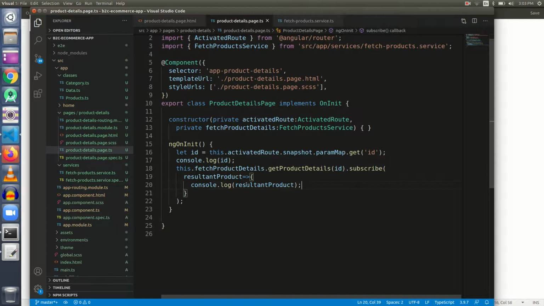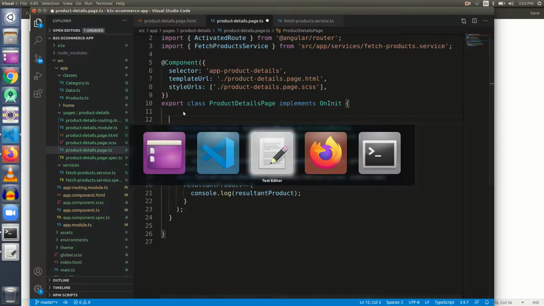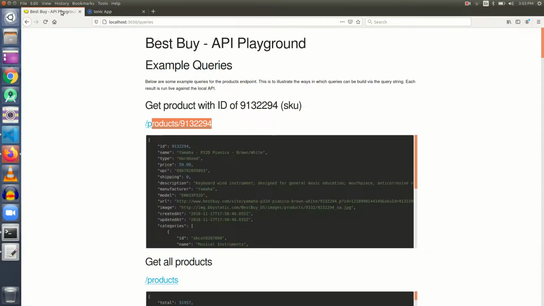So we have got the result in the local variable resultant product, and now we need a variable in which I can put the data that we have fetched, and this is known as deserialization. So guys, if we go back to our API and see the product, just see the fields: ID, name, type, price, UPC, shipping.